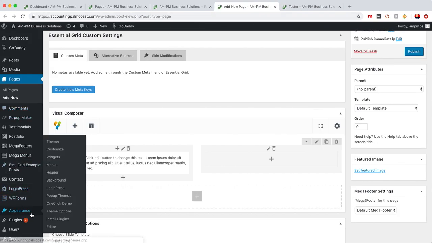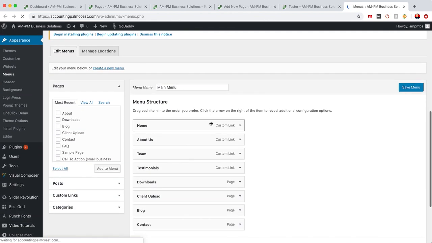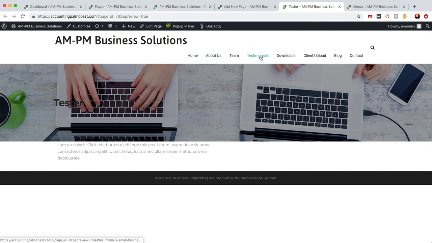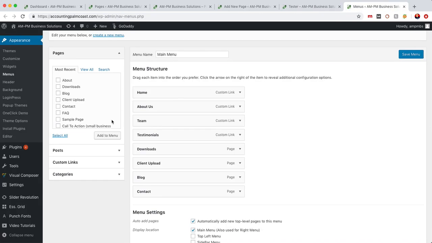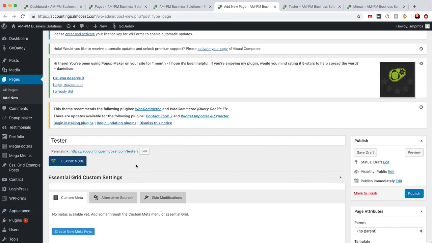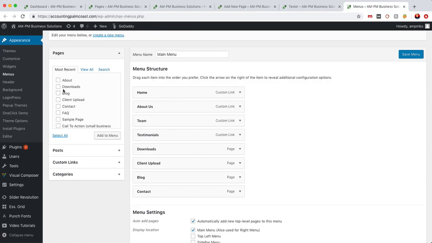So what you're going to do is you're going to go to Appearance, you're going to go to Menus, and then you're going to see the menu area, which is already reflecting exactly what we see here, About, Team, Testimonials, etc. So once you've published that page, which for the sake of the tutorial, I'm not going to because I don't want to confuse you on your front end, but once you've published this page, hitting here, Publish, you're going to see that page populate here. This will be an option to add it to this section. So what you'll do is you'll click on that page, hit Add to Menu,